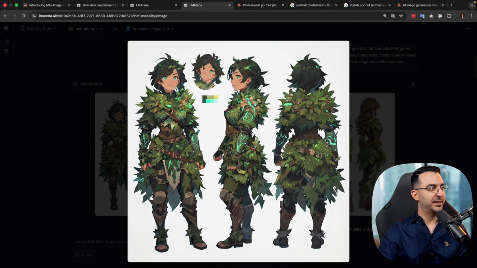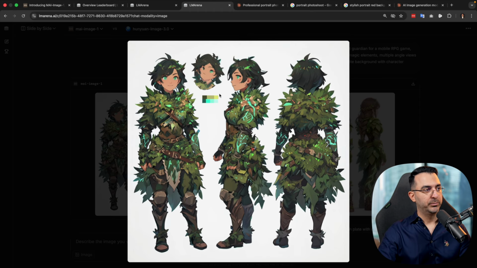The only problem is that here it generated something which we didn't ask for. It generated a color palette, which is good, but we didn't need it. We didn't ask for it. And also here we have the character head in a strange way, which again, we didn't ask for. But the result, except this part, is really good. Now, let's compare it to Hunyuan Image 3. Here we have side, front, and almost back, not 100% back, it just changed the position of them, but